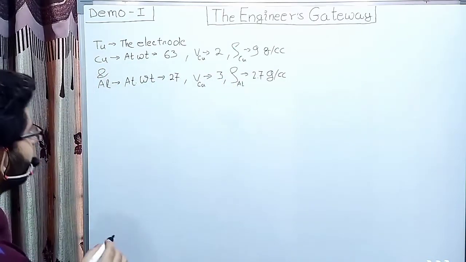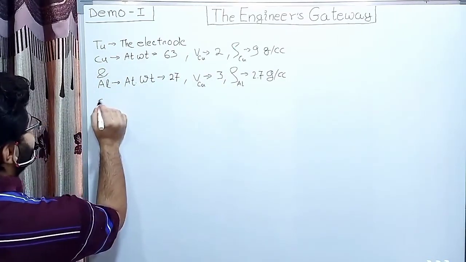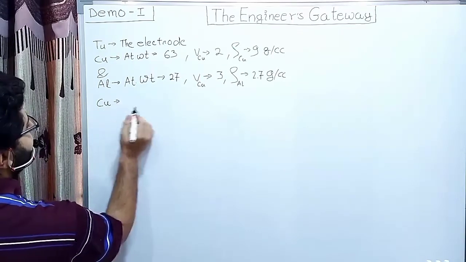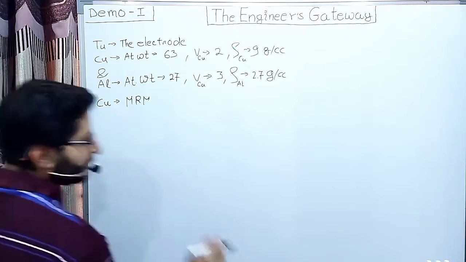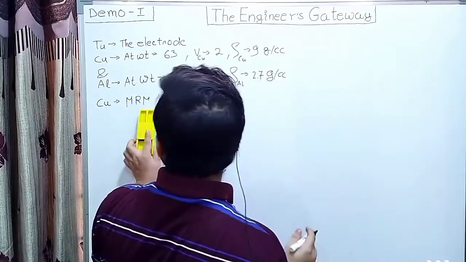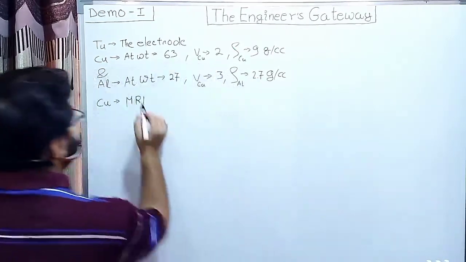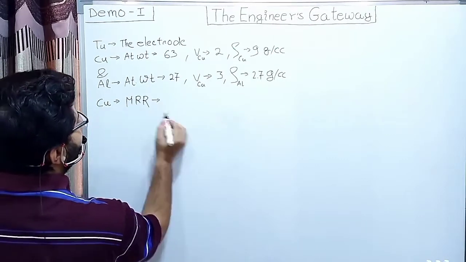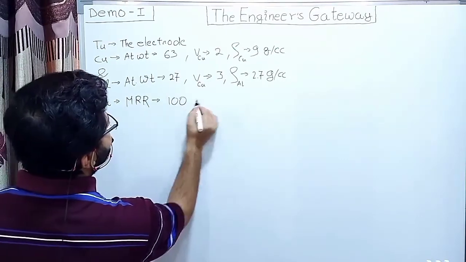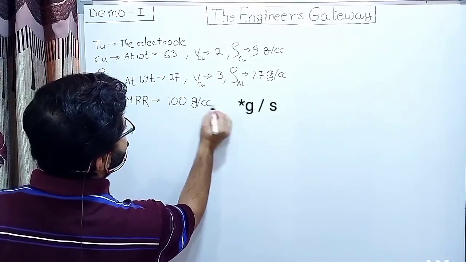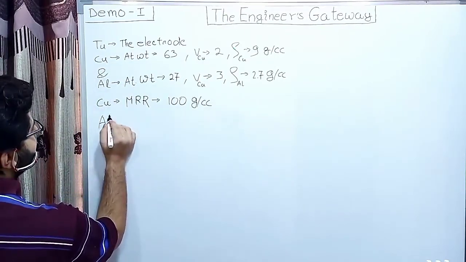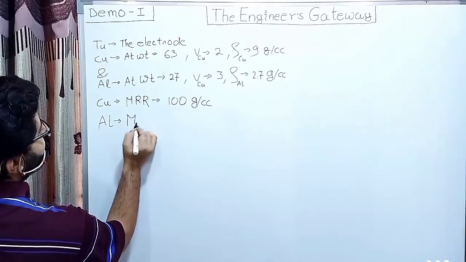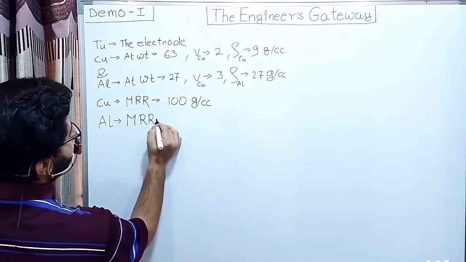Copper has a material removal rate of 100 grams per cc, and you are supposed to find the material removal rate for aluminium